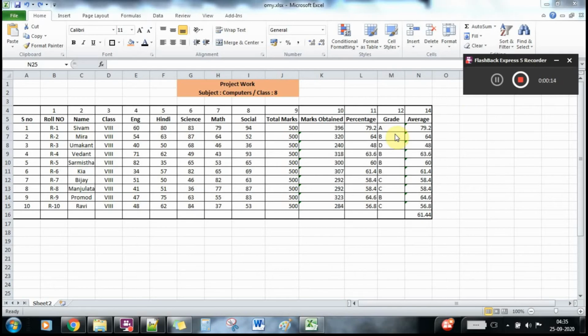Friends, with the previous video, there is one request, related to how I can create the bar graph with the provided data of students in Excel. So it's a very easy step.